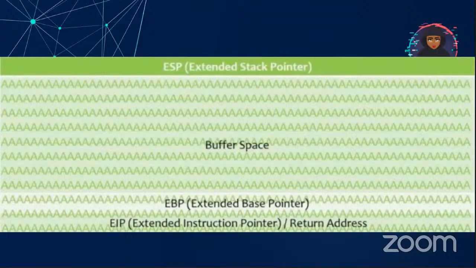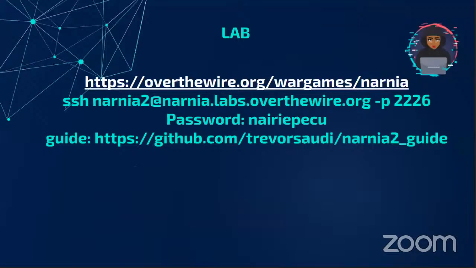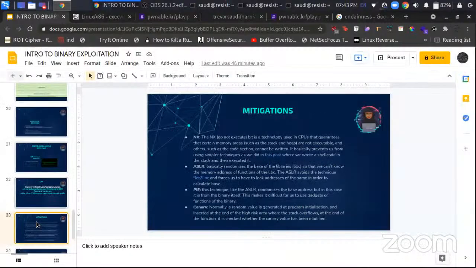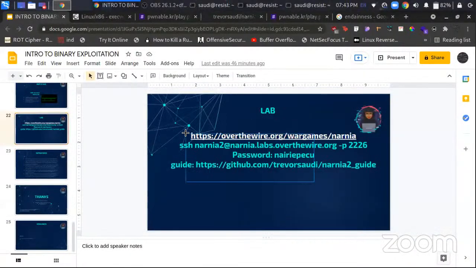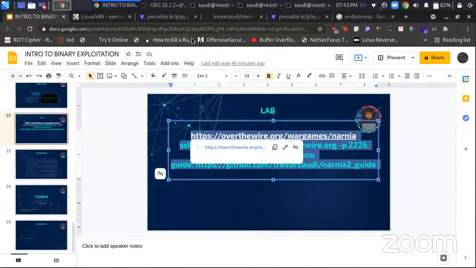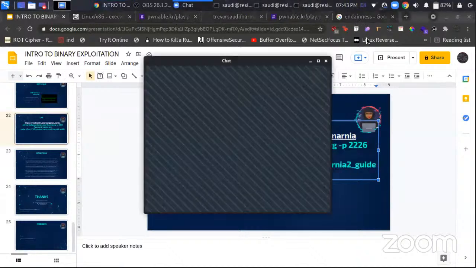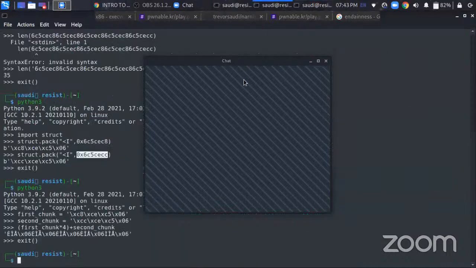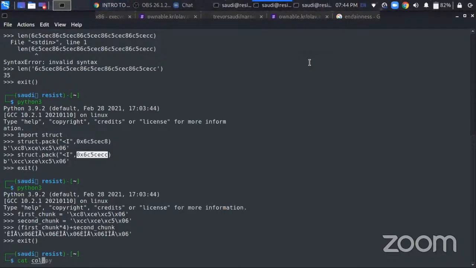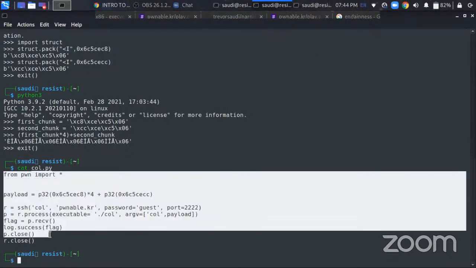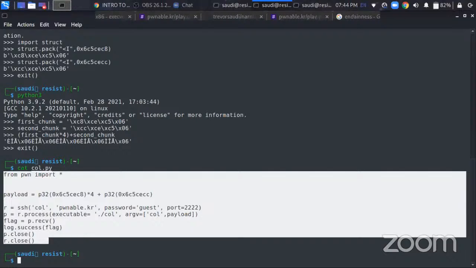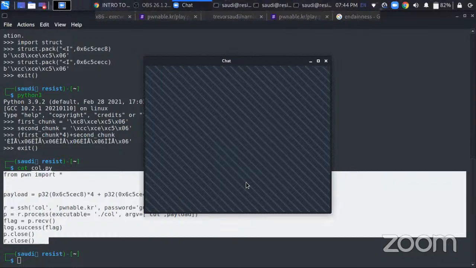So for this lab, I have some credentials over here, let me just copy this to the chat. If you're going to follow along with me, let me also copy the exploit that we wrote in Pwntools. I think I went a little bit too fast there because of an anticipated issue. If you get to install Pwntools on your machine, you can try run this code on it. So we'll start by